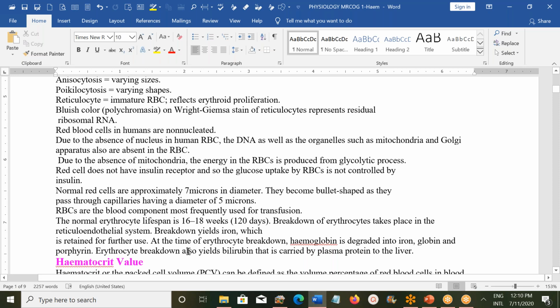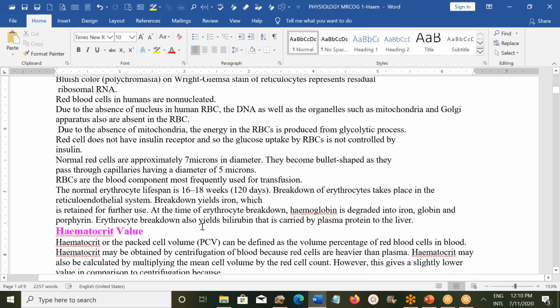At the time of RBC breakdown, hemoglobin is released and it is degraded into the globin part, the iron part and porphyrin. Erythrocyte breakdown will also yield bilirubin that is carried by the plasma protein to the liver. So hematocrit value, I have told you that